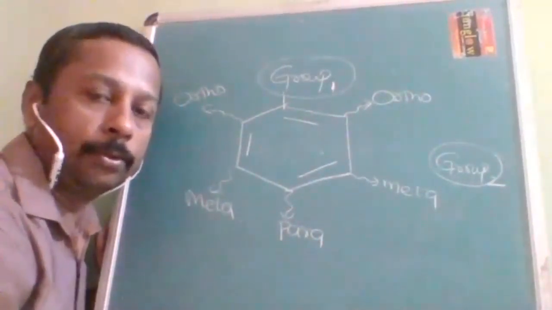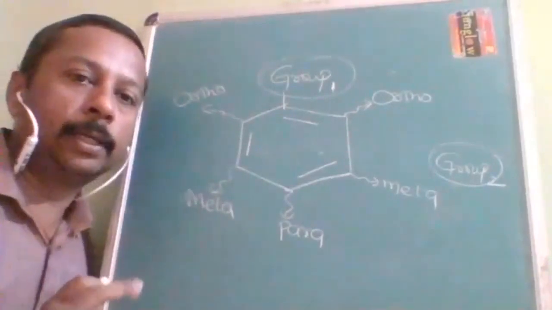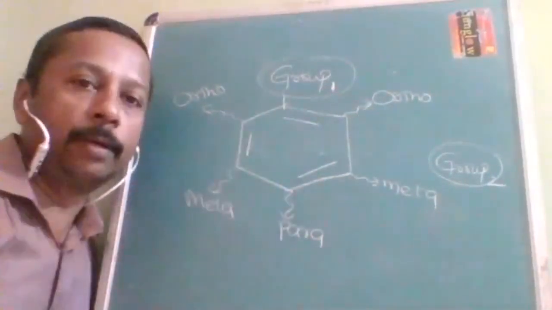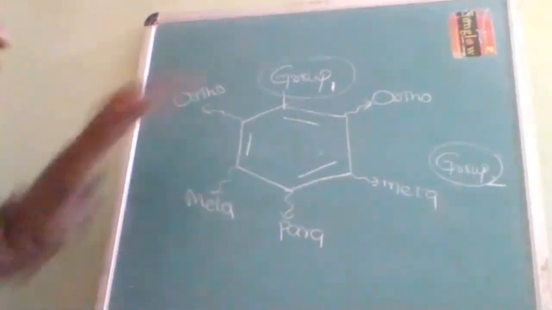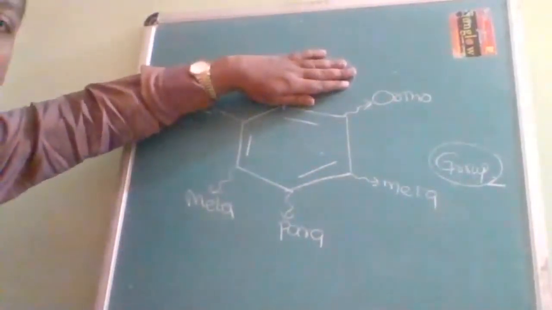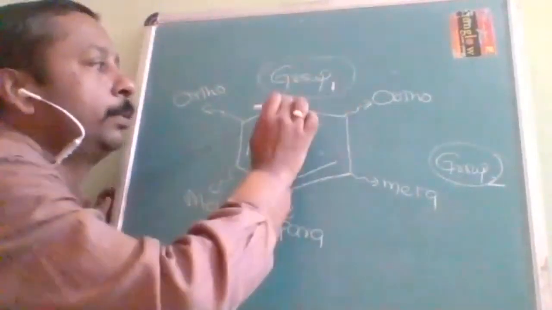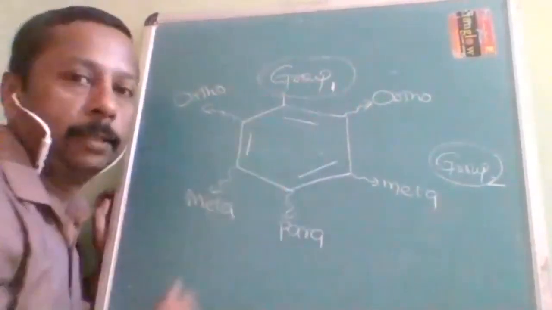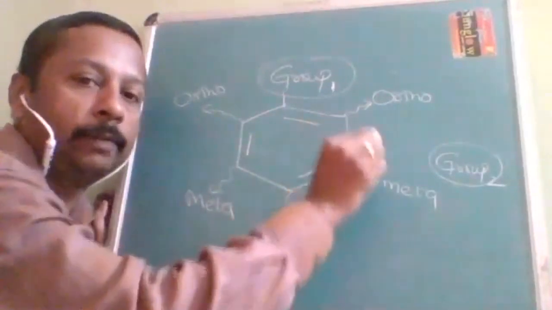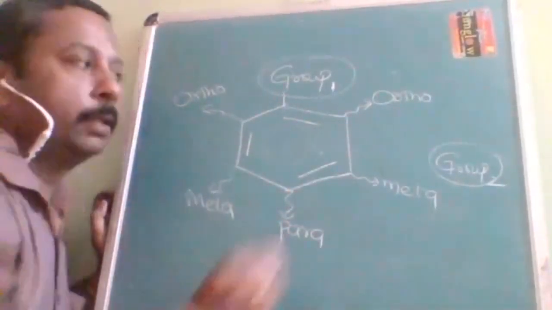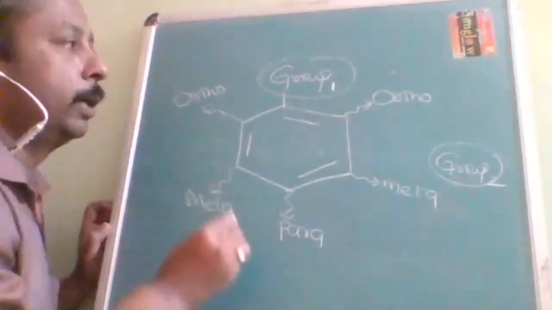Understood? These active sites are available only in substituted benzene. If there is no substitution here, there is no ortho, no meta, no para. After mono substitution takes place, these 5 active sites are generated. And to remember this sequence, ortho, meta, para,